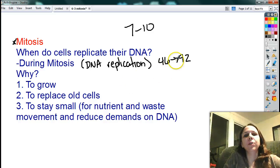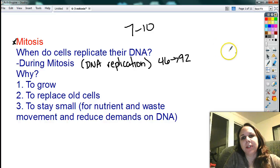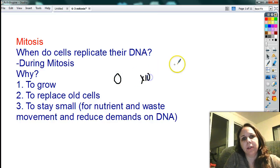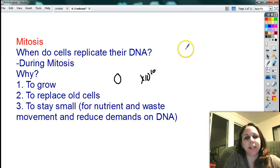So, in order to do this, cells need to undergo the process of mitosis. Now, cells also need to make more copies of themselves for a couple different reasons. One is to grow. You all start out as one cell, and we end up with trillions of cells, something on the order of 10 to the 10th cells. In order to get from one to that many, we need to make exact copies or duplicates